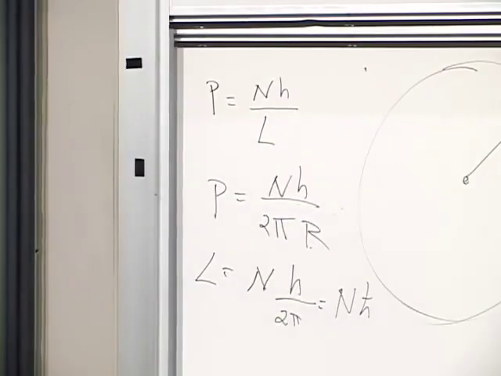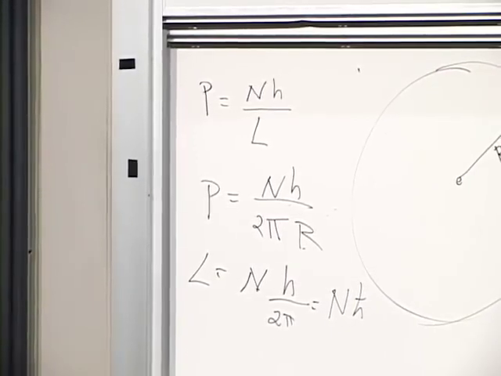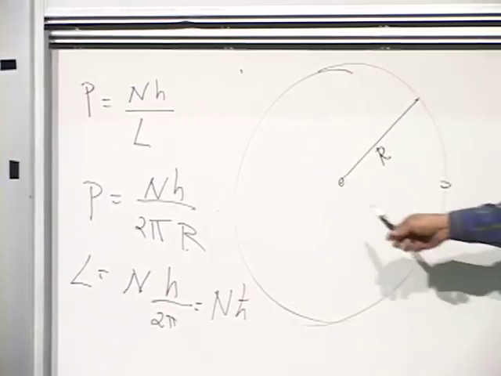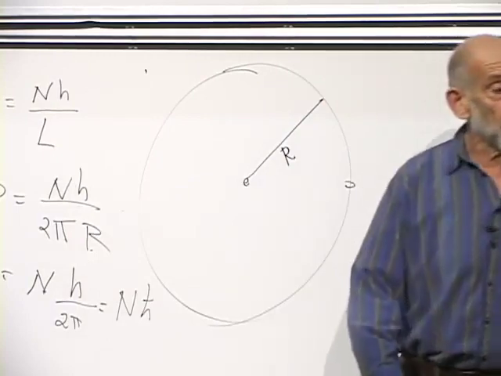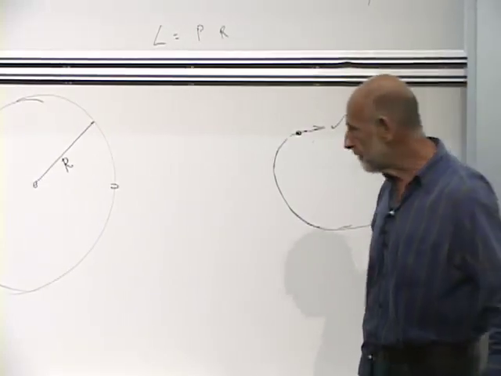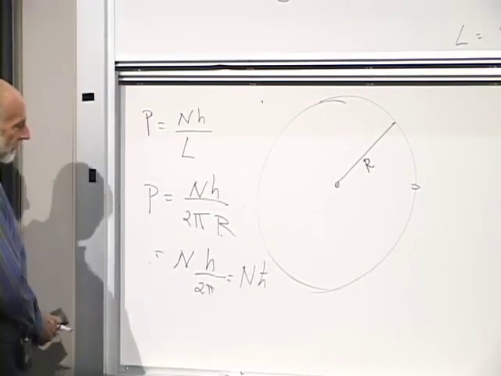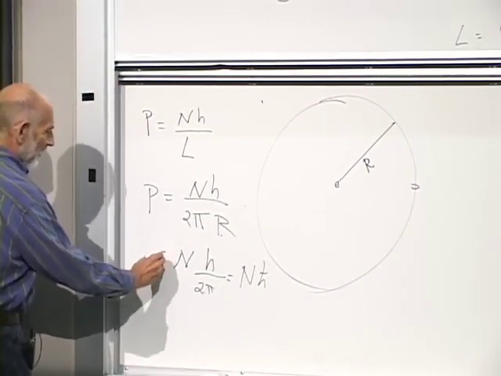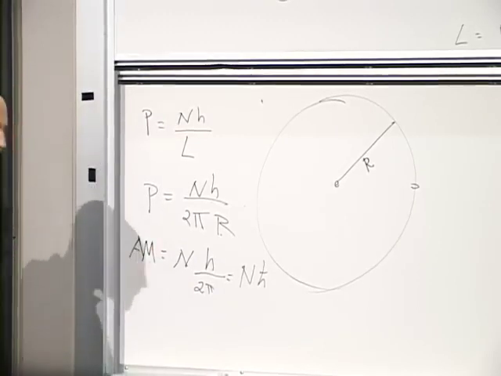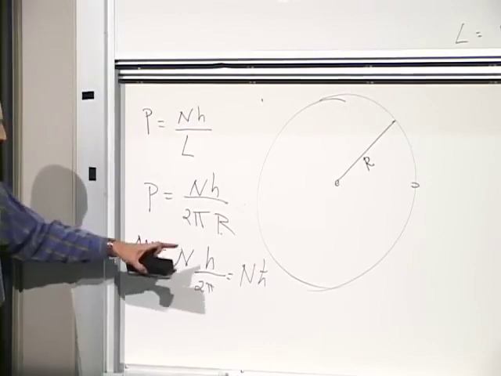So angular momentum is a quantity which is quantized, but always in the same unit. Unlike the momentum, here the momentum is quantized in a unit which depends on L. Whoops, did I use L for two things? Excuse me. What shall I call angular momentum? Angular momentum, AM. We'll eventually change that. I don't like that, but for the moment, angular momentum is n times h